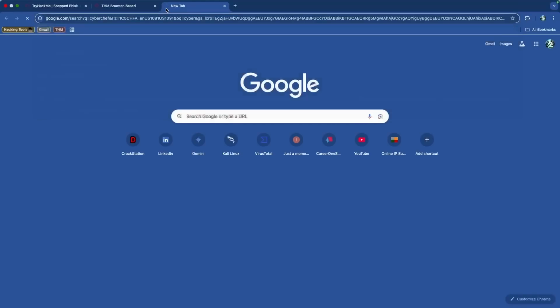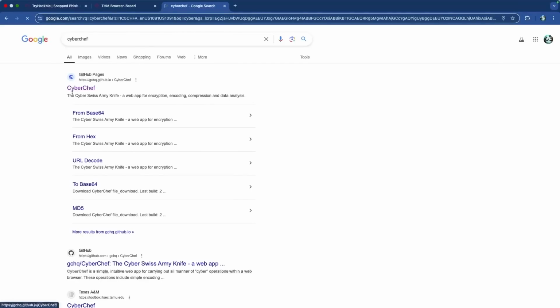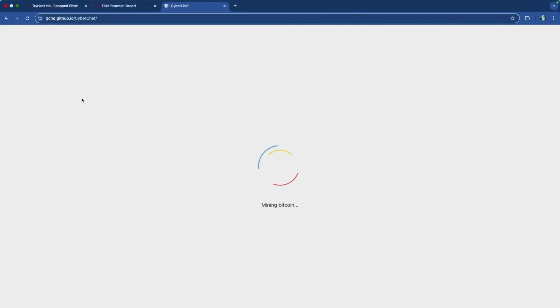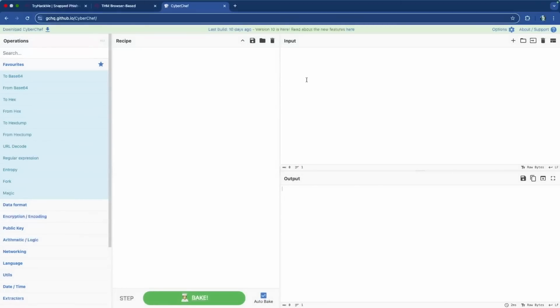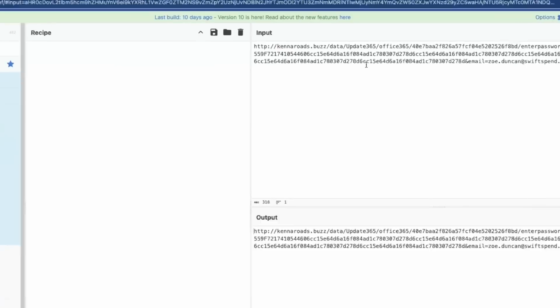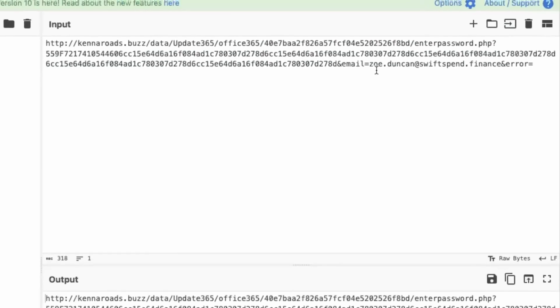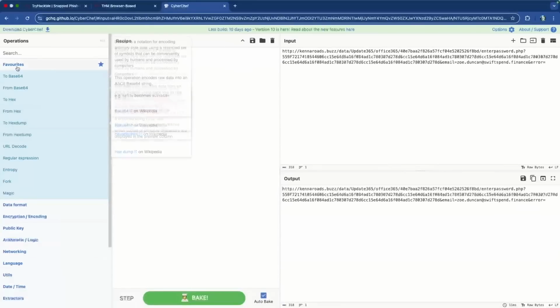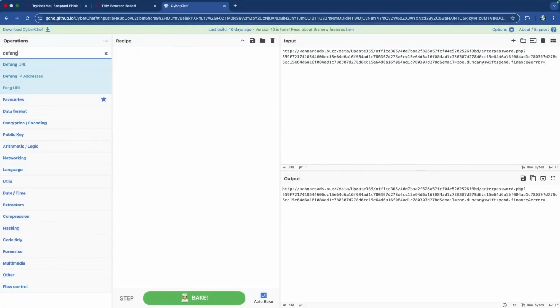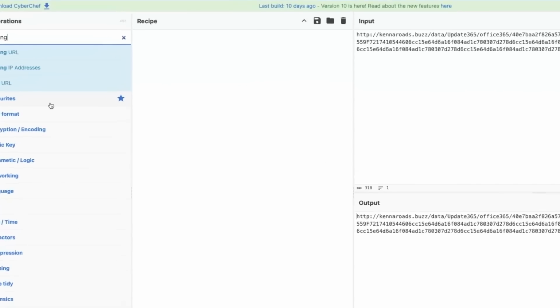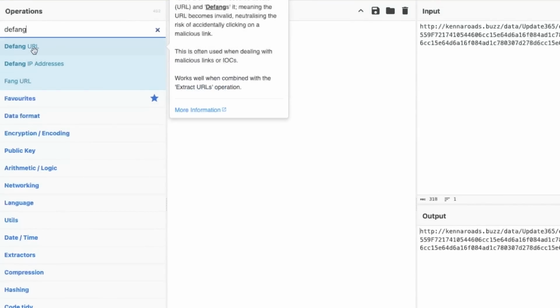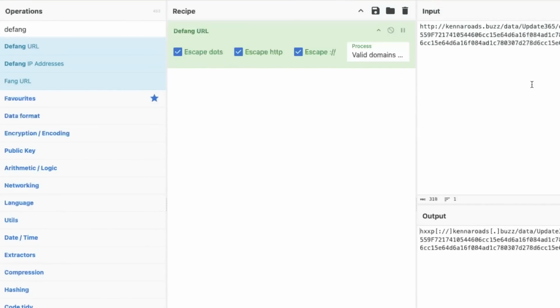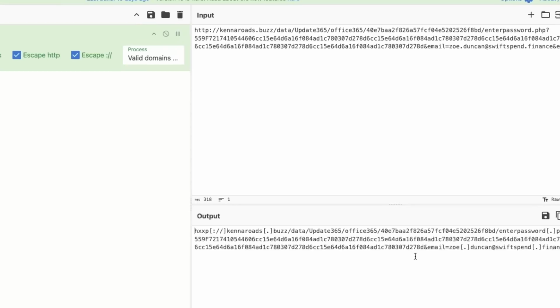And then to defang something, you always want to use CyberChef because it just makes your life very, very easy. What we're trying to do is defang a URL. So that's the full URL that's available over here. Now what I need to do is defang it. I'm going to go inside of my operations here and type in defang. You're going to get a few different options. You have defang URL or defang IP address. I want to do defang URL, and I type that in here,